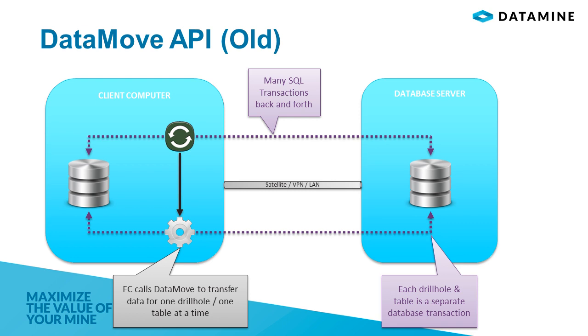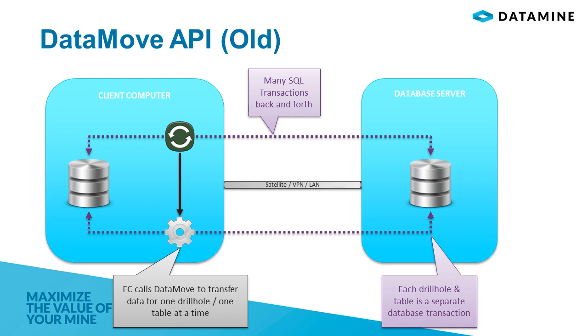So what we can see here on the screen is the way that we used to do it. We had an API that we called Data Move, and the way that this worked and the way that Fusion Client worked is there really was a lot of interactions back and forth between the two databases. So if you're synchronizing a local database with a central database,